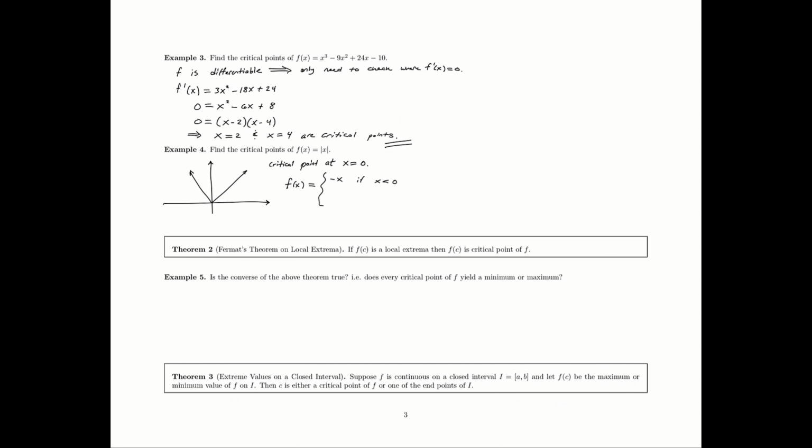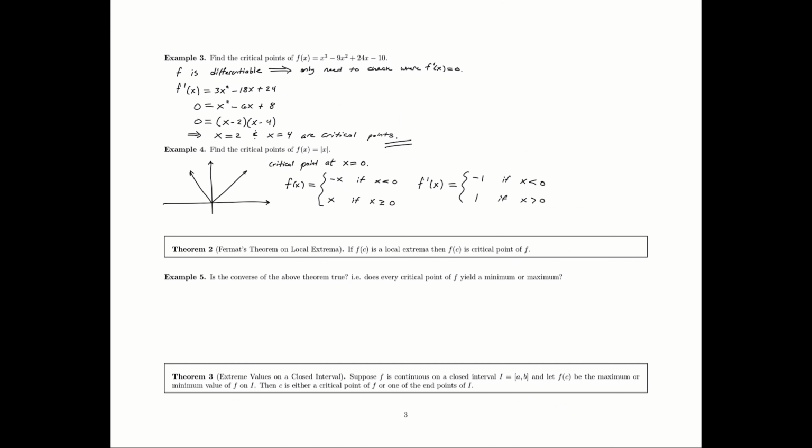If x is negative 2, then negative 2 is positive 2. So basically, we're taking the opposite of x whenever x is negative, thus it makes it positive. And then we just make x stay the same if x is not negative. So if we take the derivative of this, what we end up getting is negative 1 if x is less than 0, and positive 1 if x is, now you got to be careful, this inequality doesn't actually stay or equal to, it becomes strictly greater than, because